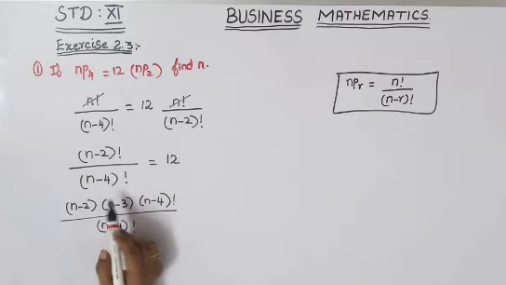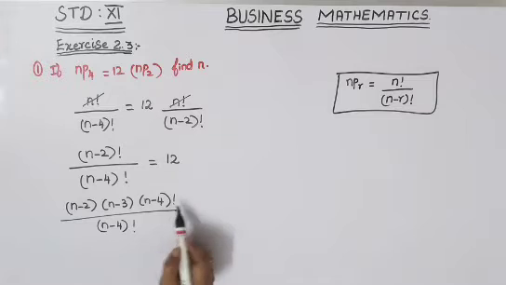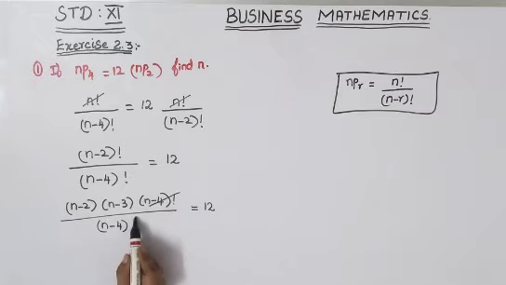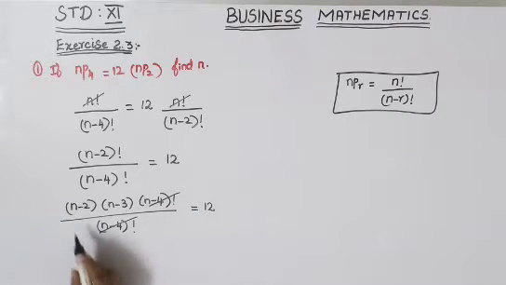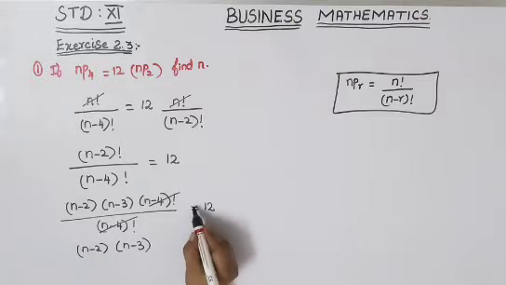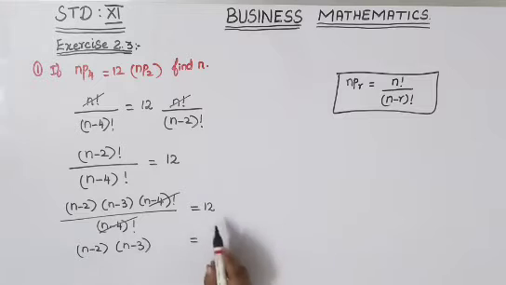We have got the denominator only (n minus 4) factorial, so just stop in the numerator also with (n minus 4) factorial, which is equal to 12. Now cancel this (n minus 4) factorial and (n minus 4) factorial. You will get here (n minus 2) into (n minus 3). Now just see, you will get consecutive numbers on this side also, so that you can equate it and get your n. So 12 is there. So I will just write 4 threes, because those two numbers will be your consecutive numbers and you will get your 12 also. So nearby numbers you will have to find.